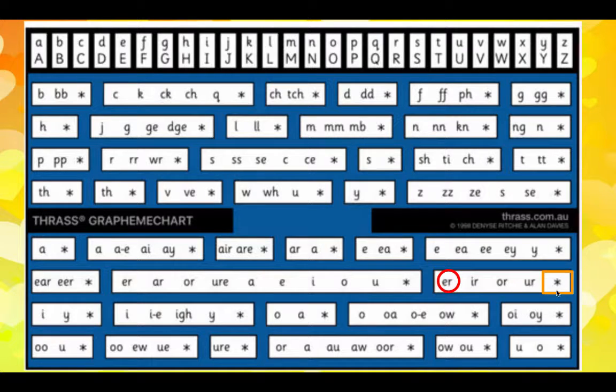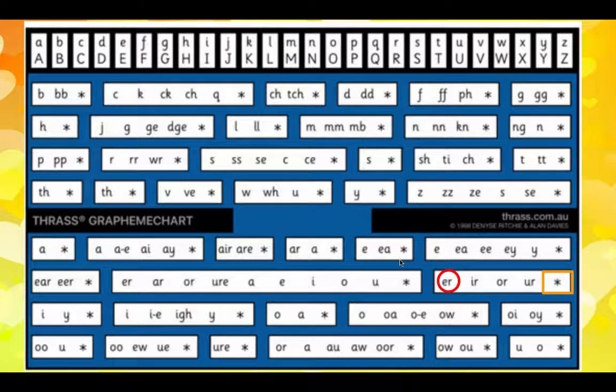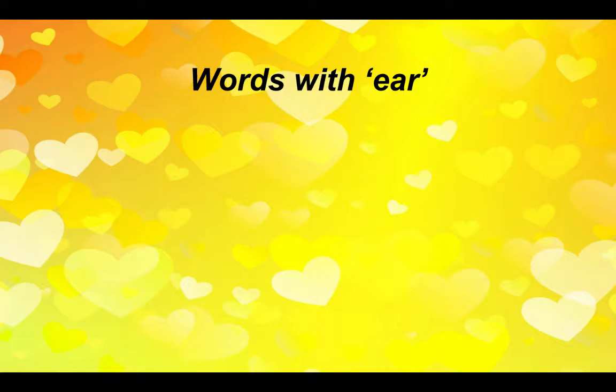So we actually have found a GCA. EAR can also say So if you have a THRASS chart in your book, you might want to add that to show that you have found a new sound. So this is a little bit strange and unusual. EAR saying